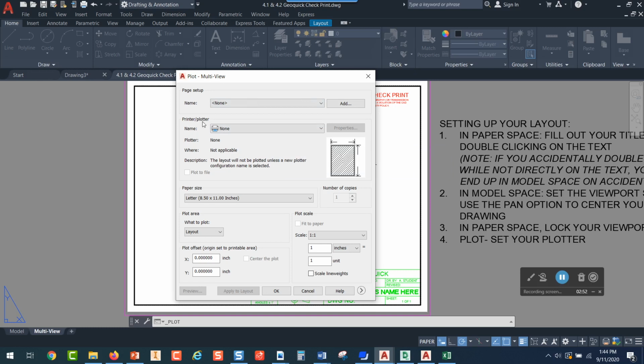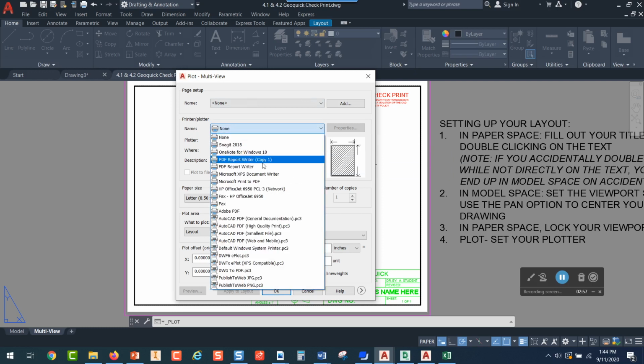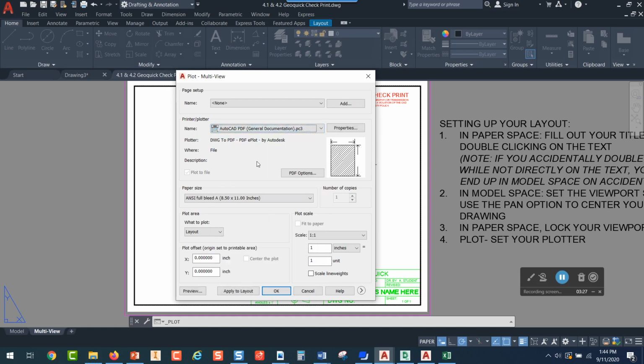And for the printer and the plotter, you need to choose an Adobe PDF. So if you pick on the down arrow, and if you see an Adobe PDF, you should pick that. Now, if you don't have an Adobe PDF driver loaded, you probably won't see that. But if you've loaded Adobe Acrobat, or you have something like that that brings in that Adobe PDF driver, you'll have it. If you don't see Adobe PDF, try AutoCAD PDF General Documentation.pc3. So you pick on that, and then you'll look over here at what your other options are to plot this,